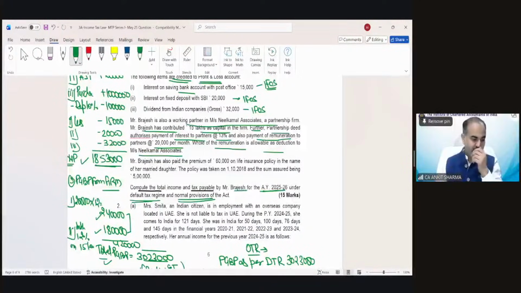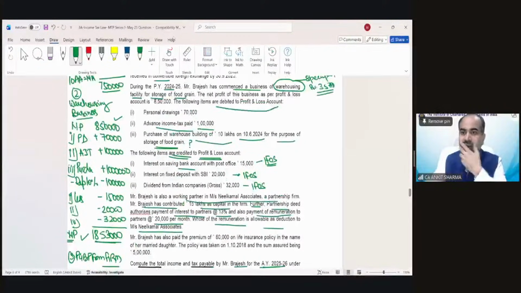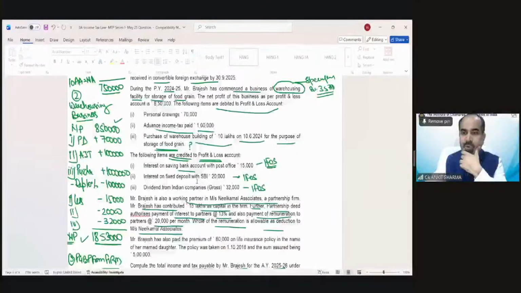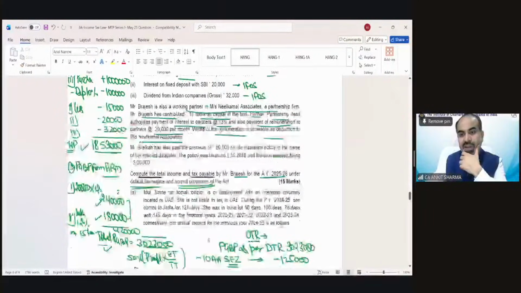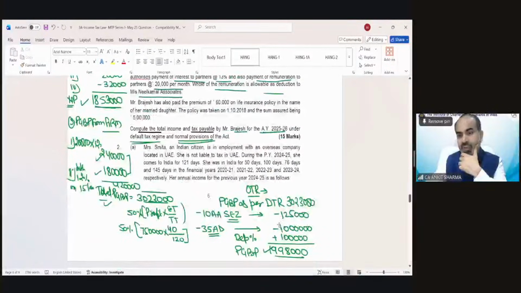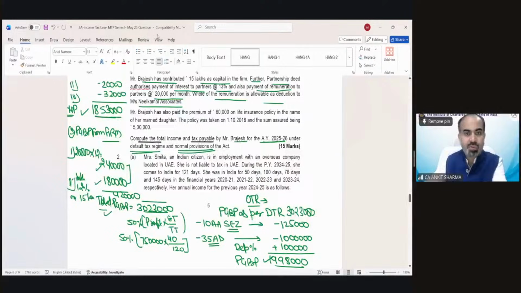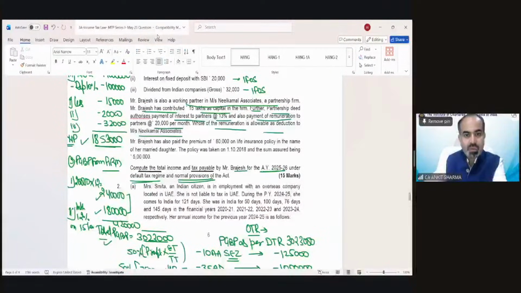Okay. So next is MTP2 we are going to solve. Nagaraja is saying total PGBP 2273. How is it? Out of 30 lakh, you need to reduce 1,25,000 and 10 lakh. This is 10 lakh, this is not 1 lakh. And then you need to add 1 lakh. So it would be, I guess, yes, 1990, of course. Chalo. Next, moving on to the second MTP question.